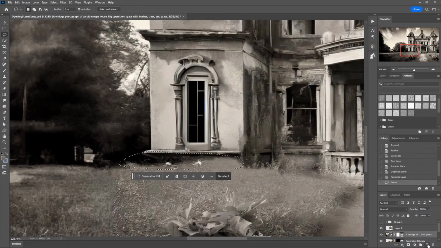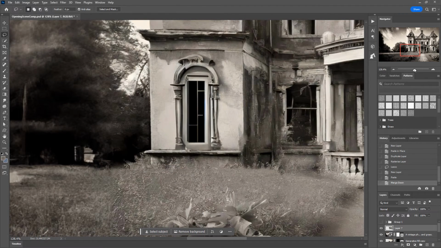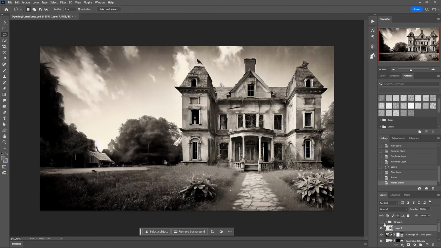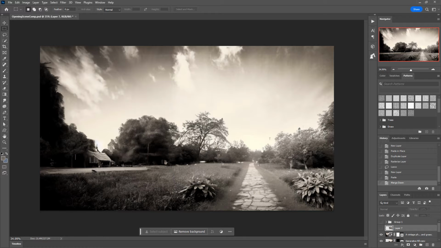After some general retouching of areas that needed it, I have the overall composition that I need, and most importantly, a scene without any of the key foreground objects which I can use to generate my animated video version.